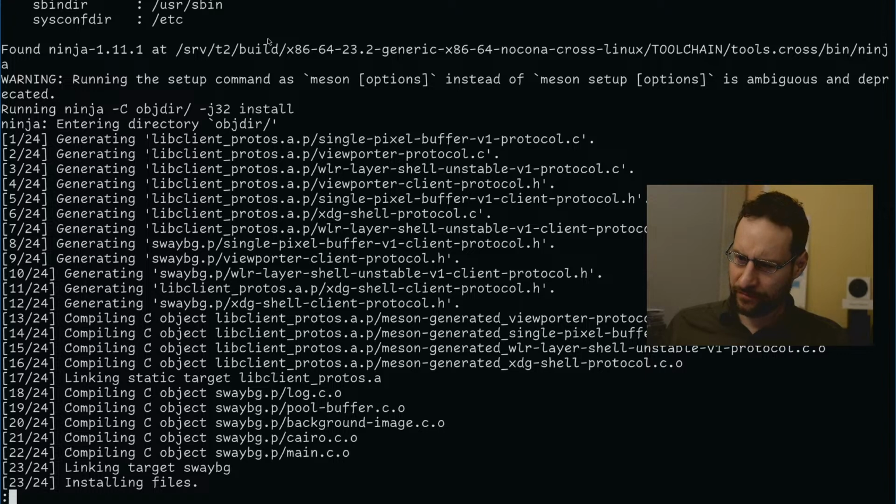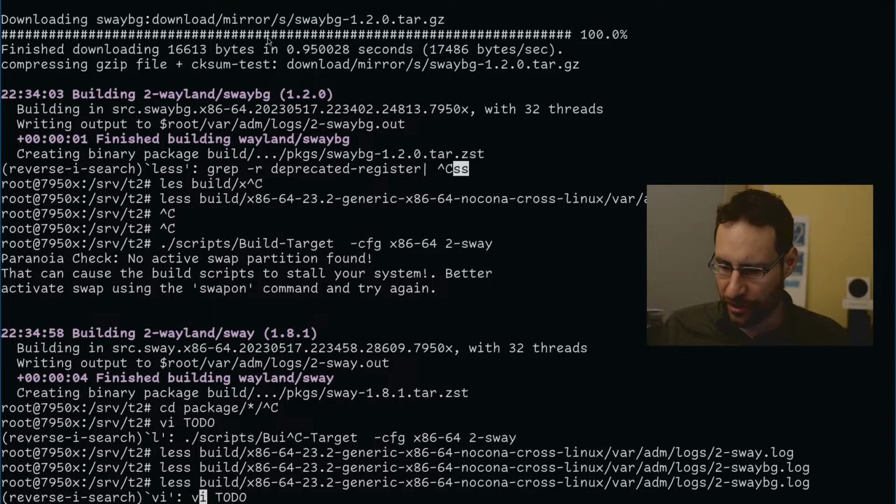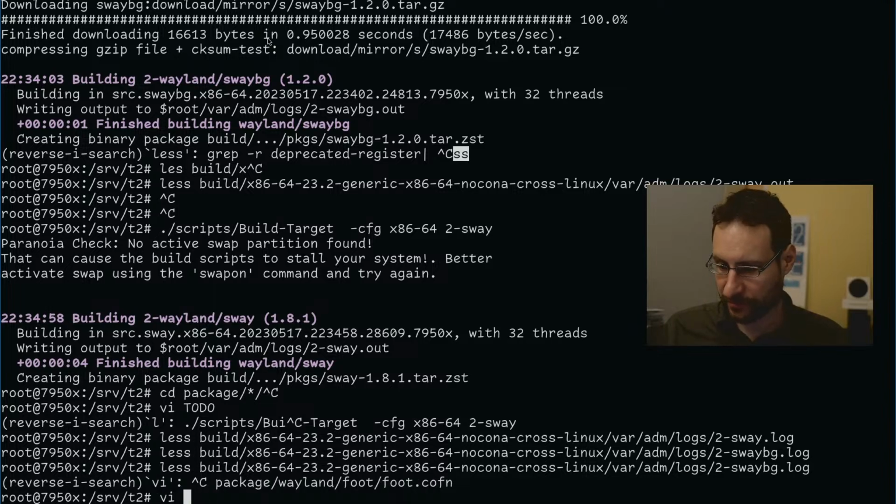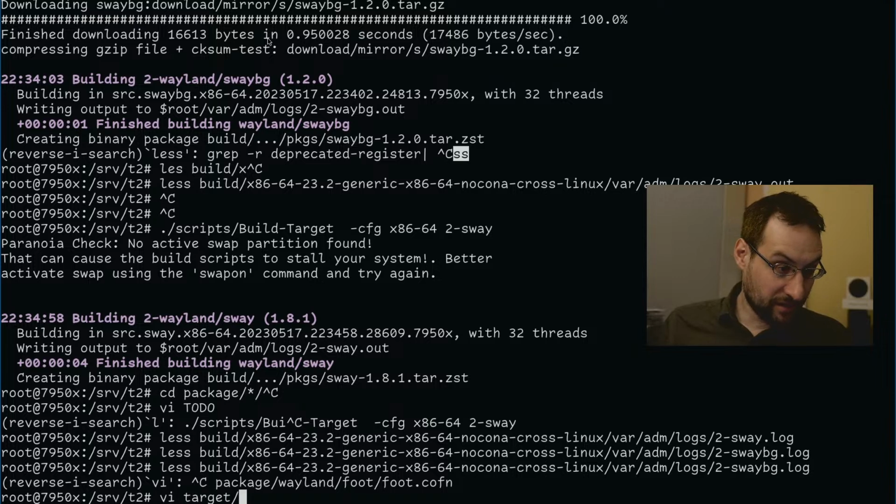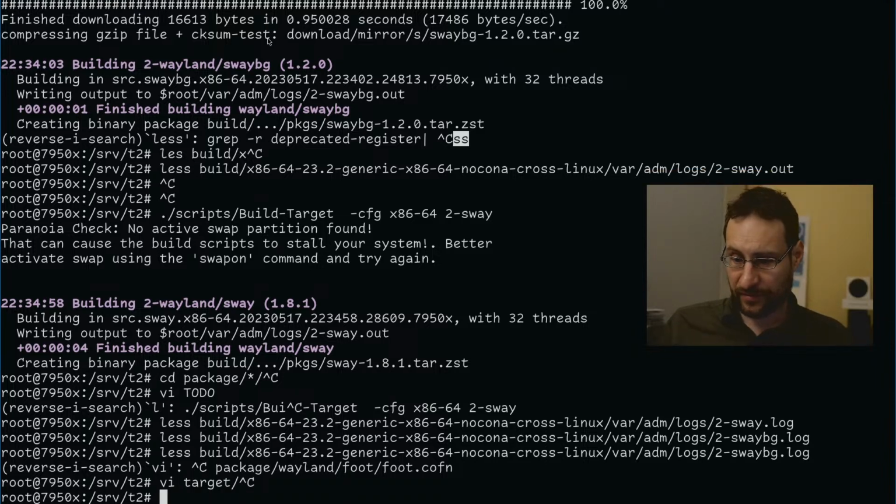Pixel buffer. So does that load the file? Passes some pixel buffer, maybe? Viewporter, single pixel buffer. Wlr layer shell unstable. Nah. Okay, anyway. Who cares, at least as long as the background works. Then, by the way, did Alacritty have some transparency? By the way, that also means, let's maybe try sway background.